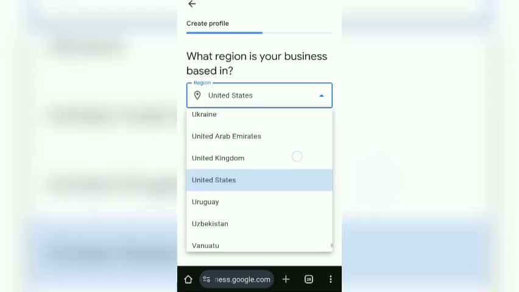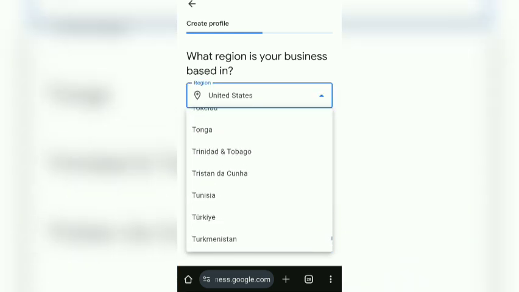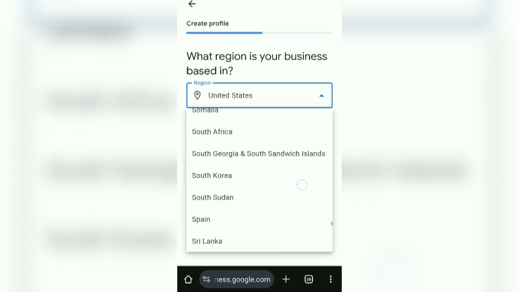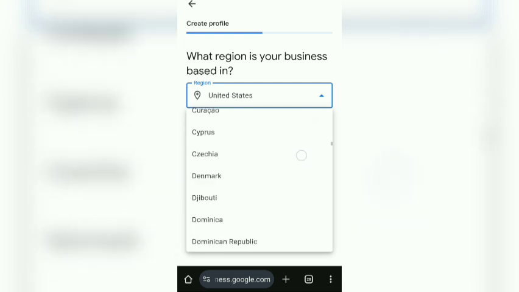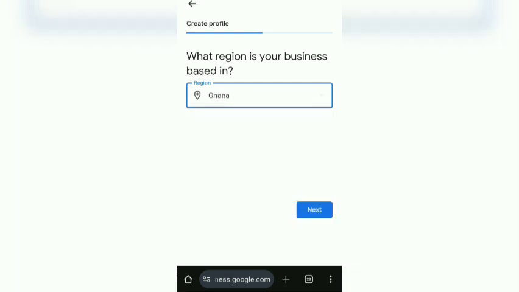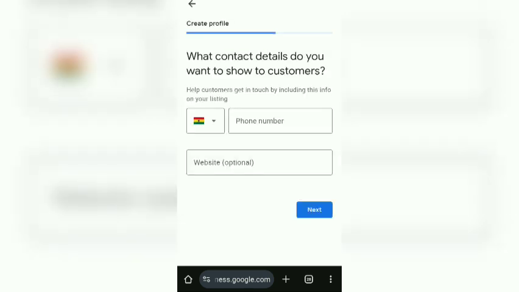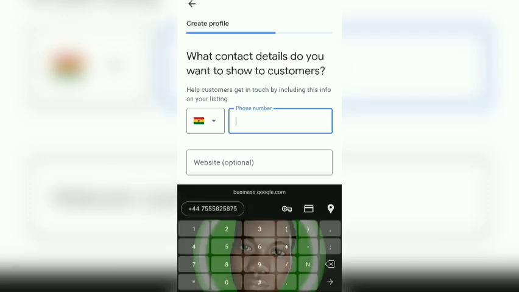You have to select your right country. In this case, I'm living in Ghana, so I'm going to be selecting Ghana as my country. Now on the next page, you have to input your phone number. So I'm going to be entering my phone number over here,